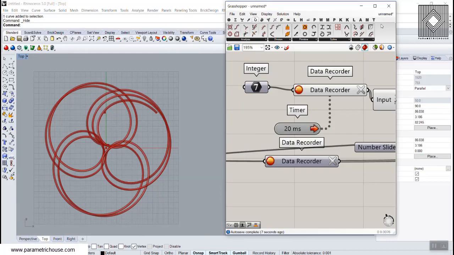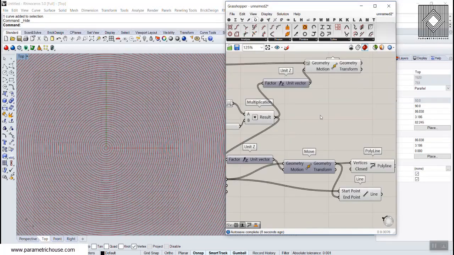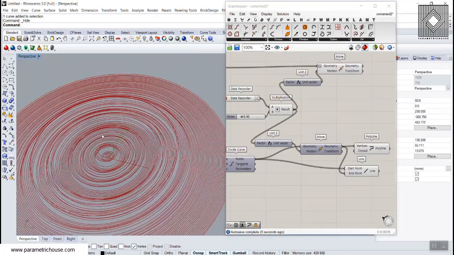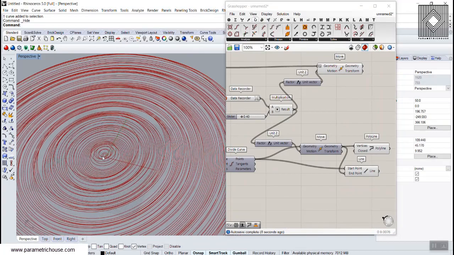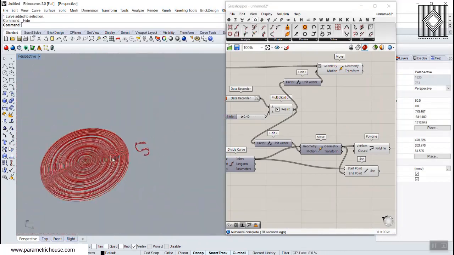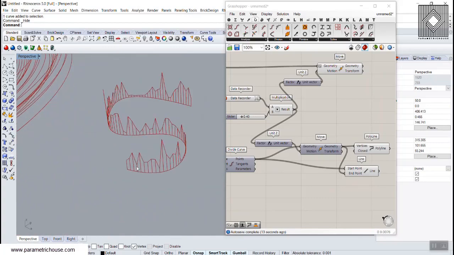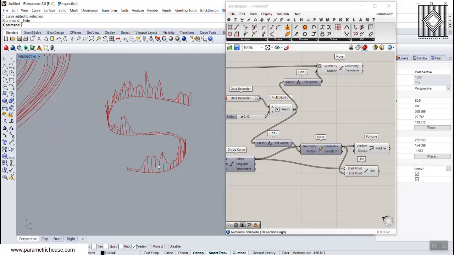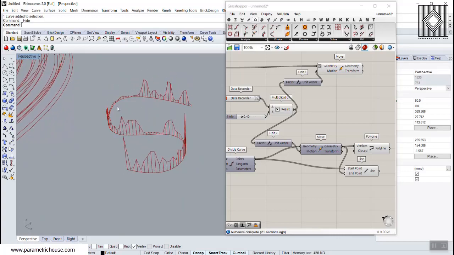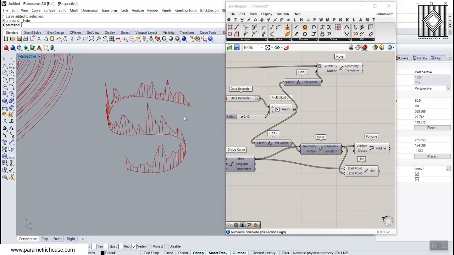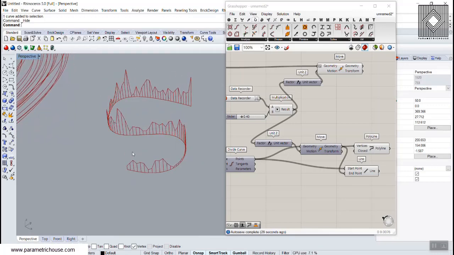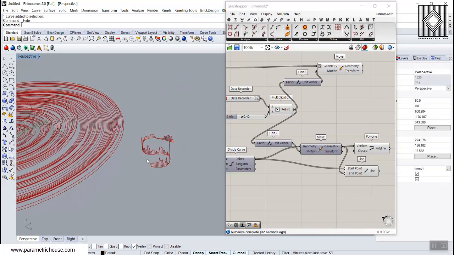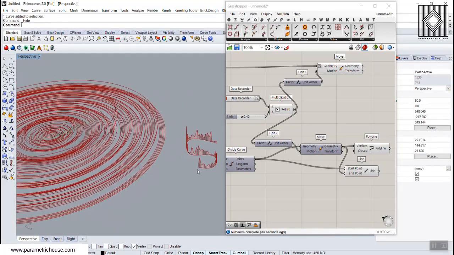The next part will be about sound and how we can use the sound to show it in a geometry. You can see I'm talking and this will affect these circles, and as I'm talking, my sound is coming out from here. So you can see that the sound comes, and I'm just using a simple polyline tool or a line tool to show my sound in a geometry. So basically this tutorial will be in two parts, one for animation and the second will be for the sound.